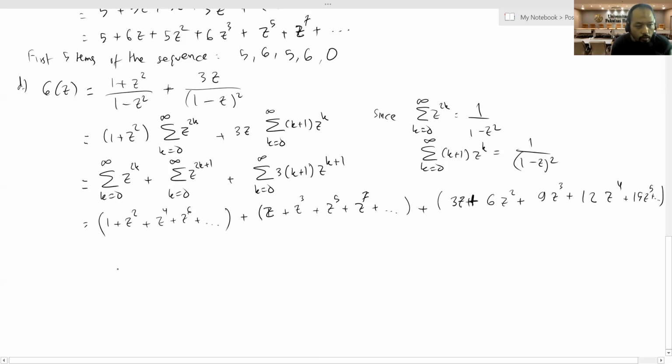Of course, from here it is easy to see that this is actually simply 1 plus z plus 4z plus 7z squared plus 10z cubed plus 13z to the power of 4 plus